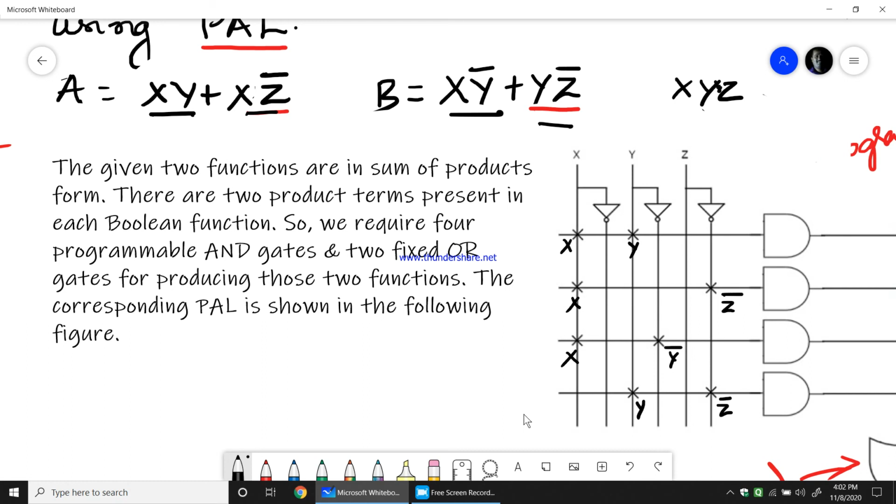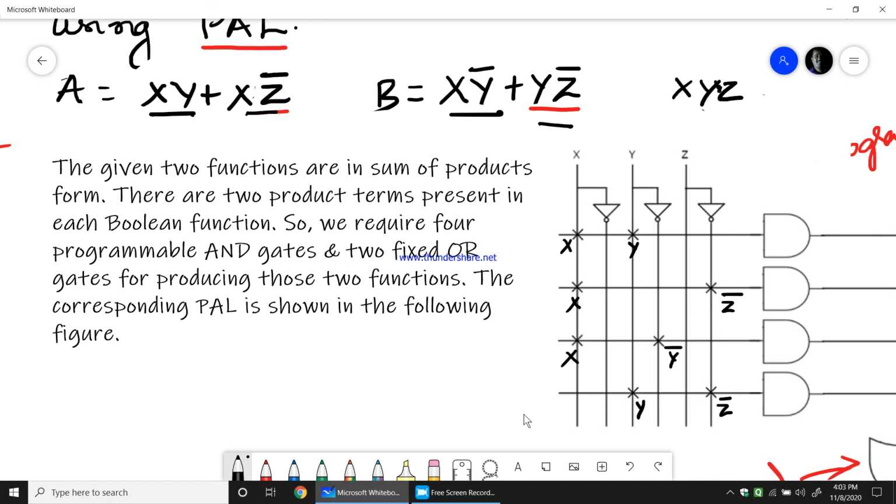So in PAL the number of AND gates is reduced, whereas there the number of AND gates was more, because AND gates are programmed only for those functions which are required.